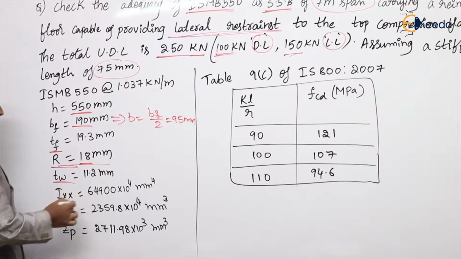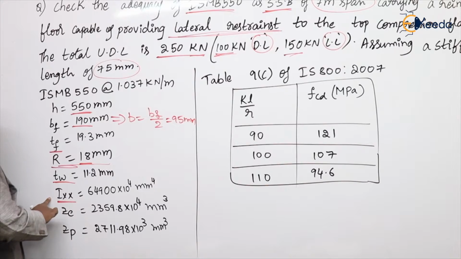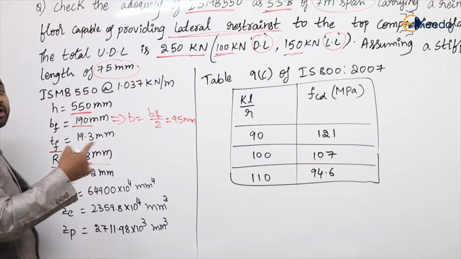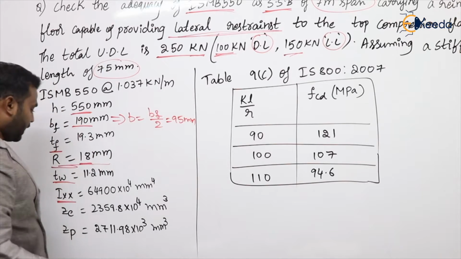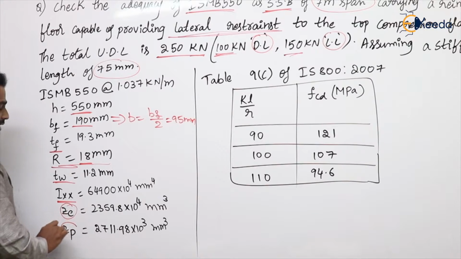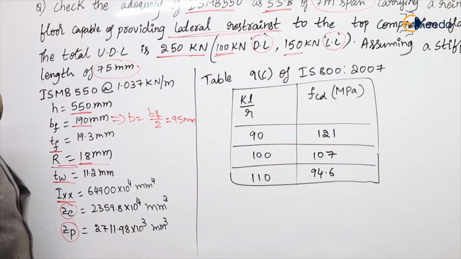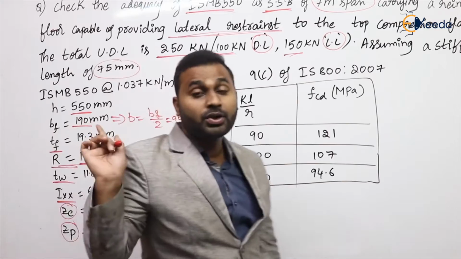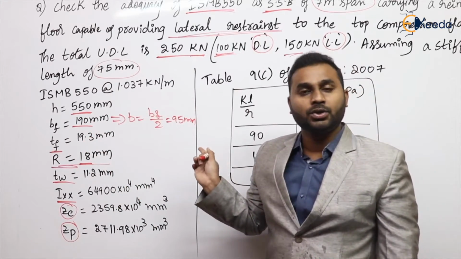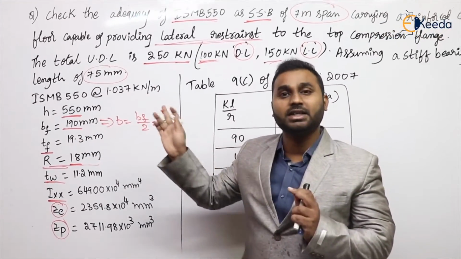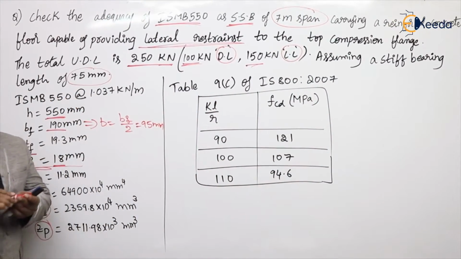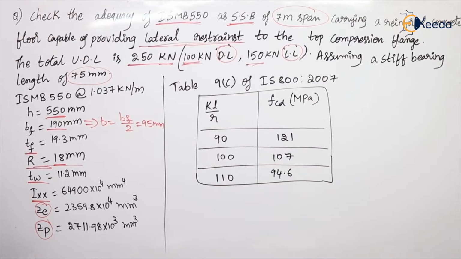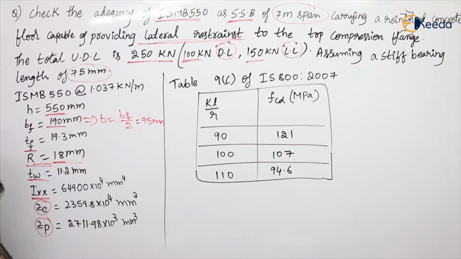And the thickness of the web and moment of inertia. Moment of inertia along x is the axis along which bending moment acts and along which the beam is going to bend. Next, elastic section modulus and plastic section modulus. These were the values. Again, you need to take this question and keep it with you when we are discussing the solution. Once you take this question, I am going to rub this question and we will start the discussion of the solution.